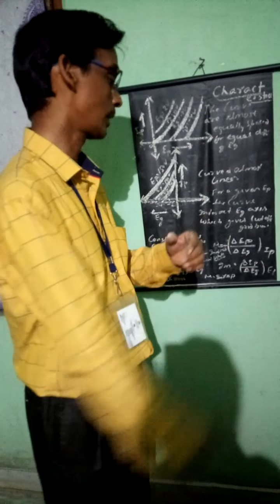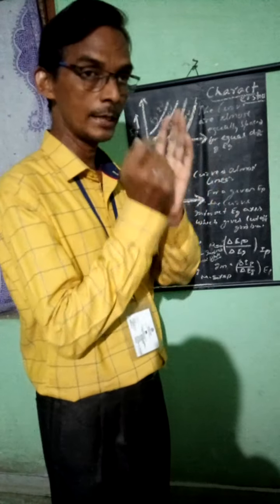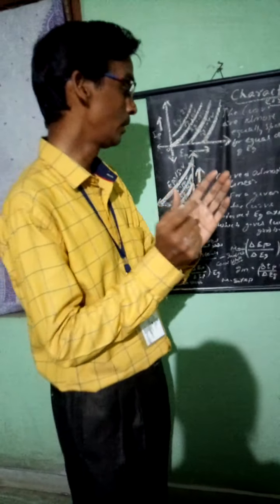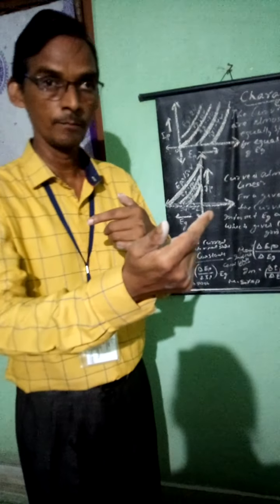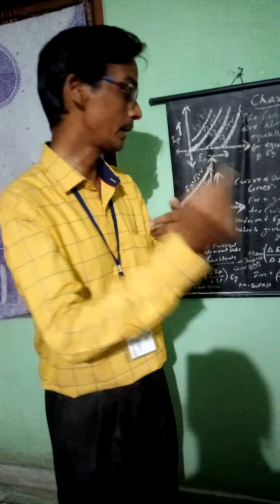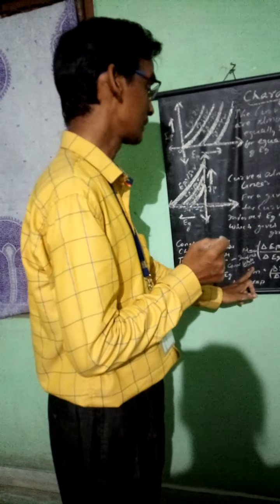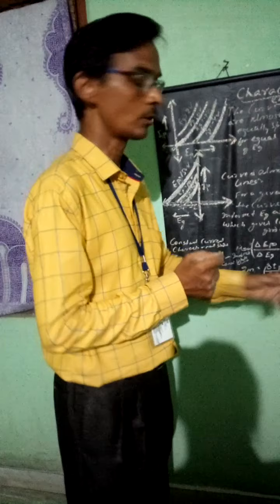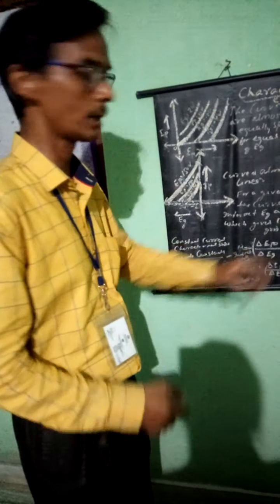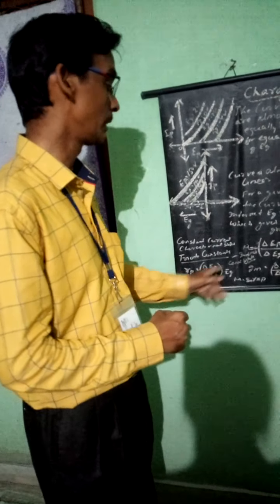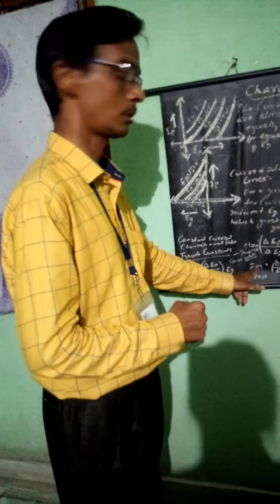But what is the transconductance? Transconductance or mutual conductance is the relationship between the change in plate current and the change in grid potential. Remember that the ratio of the change in plate current to the change in grid potential is called the transconductance, gm, whenever the plate voltage remains constant. So according to these three parameters, one is the dynamic plate resistance, another is the amplification factor, and the other is the transconductance.